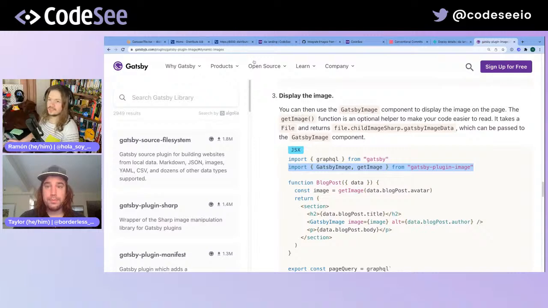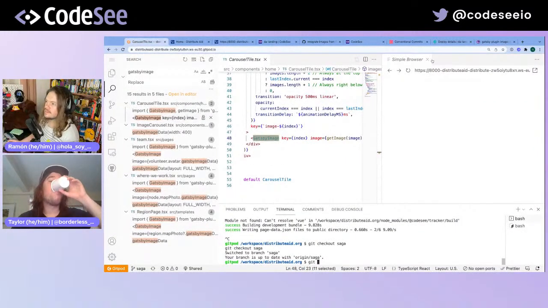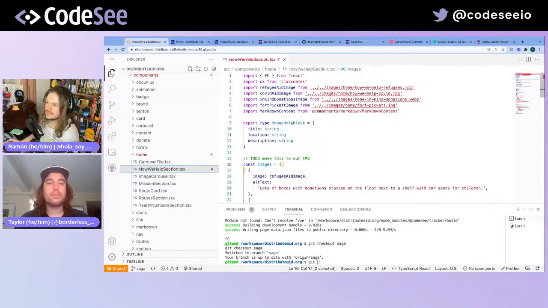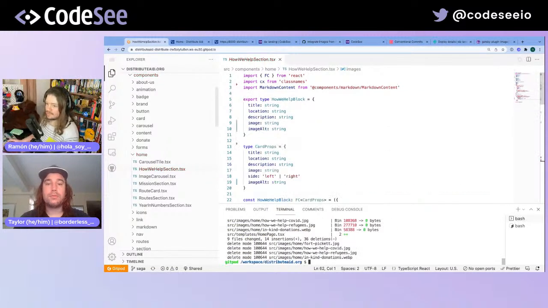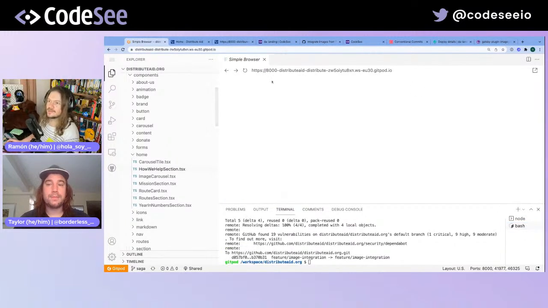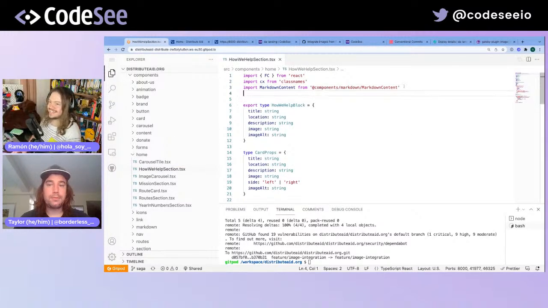Yeah, that sounds cool. Awesome. Then I will load that up here. And now I'll take us to our how we help section. I need to git pull. Forgot to pull after we merged Saga. Put that up again. And in the meantime, please, can I have my editor back? There we go. In the meantime, we'll pull in Gatsby image and get image,